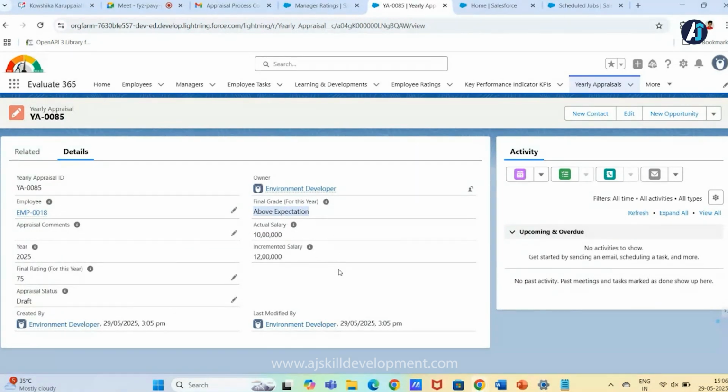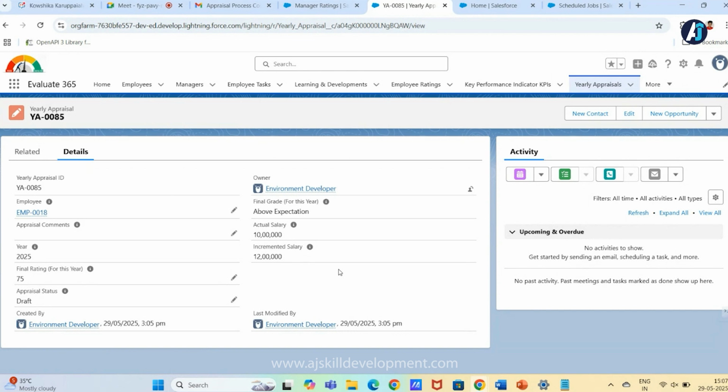You can see we have created a grade system here, which means there are 3 or 4 grades. One is need improvement, another one is meeting expectation, third one is above expectation, and fourth one is exceeded expectation. So using this only we will be putting increment for the employees. If the employee is above 90 and within 100, we can give him exceeded expectation and 30% hike.